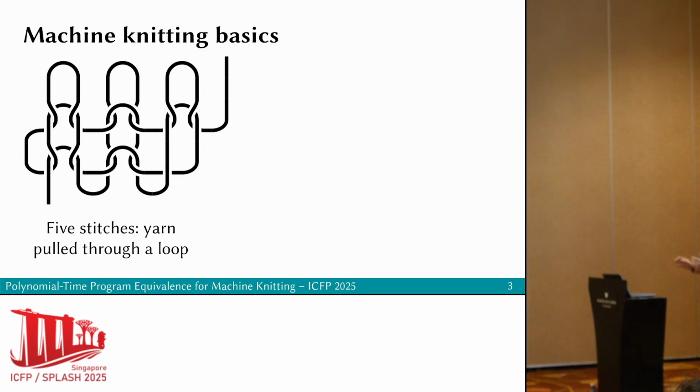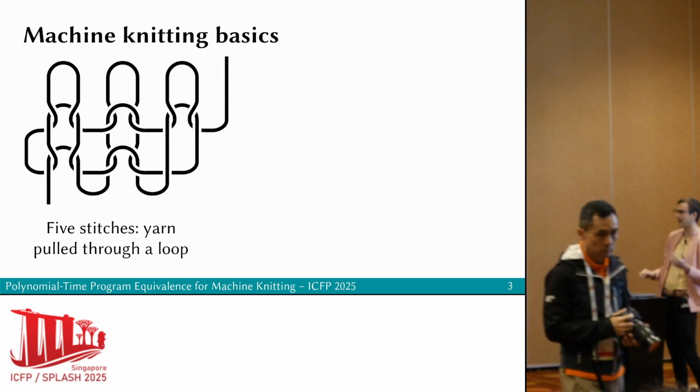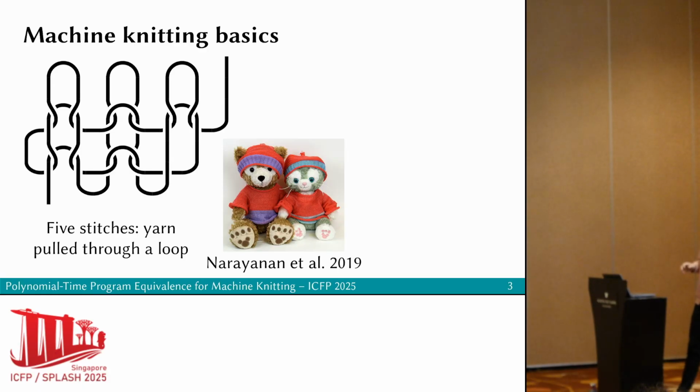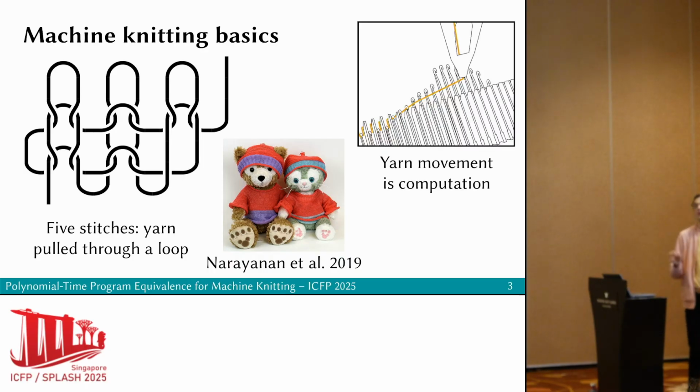So to start out, I'll cover the basics of machine knitting. Every knit object is made up of things called stitches. Every stitch is when I take a loop and pull yarn through it to form a new one. So right here we've got 5 stitches. With hundreds or thousands of these stitches, we can tile them together to form these functional and fashionable knitted structures. Knitting machines can manipulate yarns to do all this automatically with absolutely no help from humans required. They have hundreds of hooks that will hold, pull, and transfer yarns